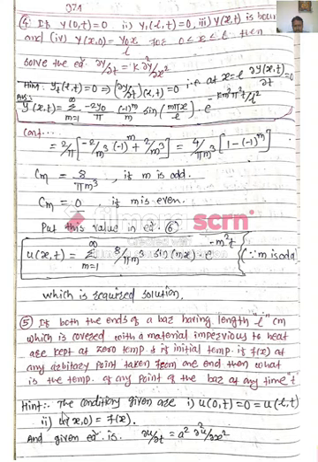For the hint, the conditions are given. The first condition is that u(0,t) is equal to 0, which is equal to u(L,t). Okay, so this is the condition we have given. u(0,t) means when x is 0, the value of u is 0. The second condition is that when x is equal to L, u(L,t) is 0, and the third condition is u(x,0) equal to f(x).